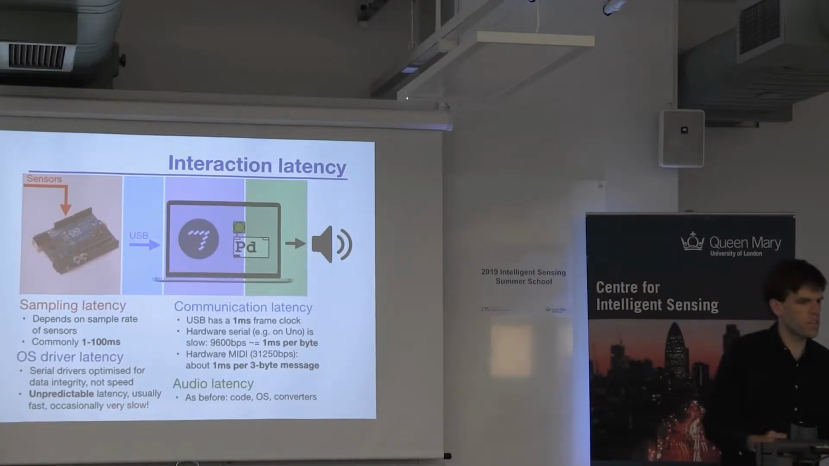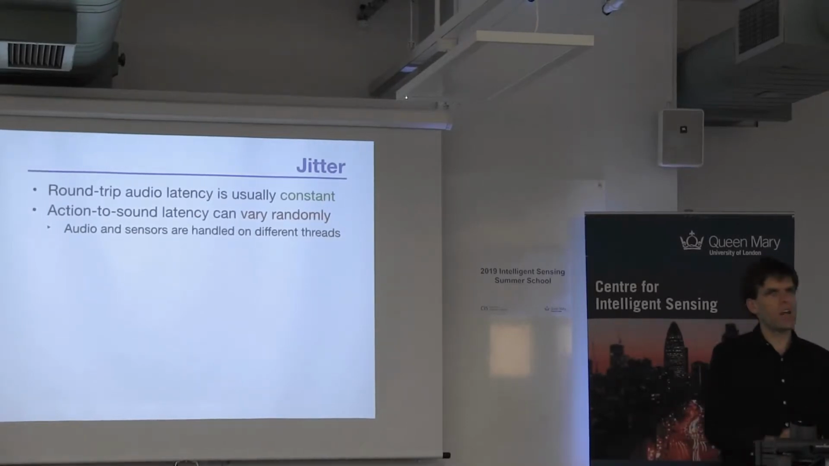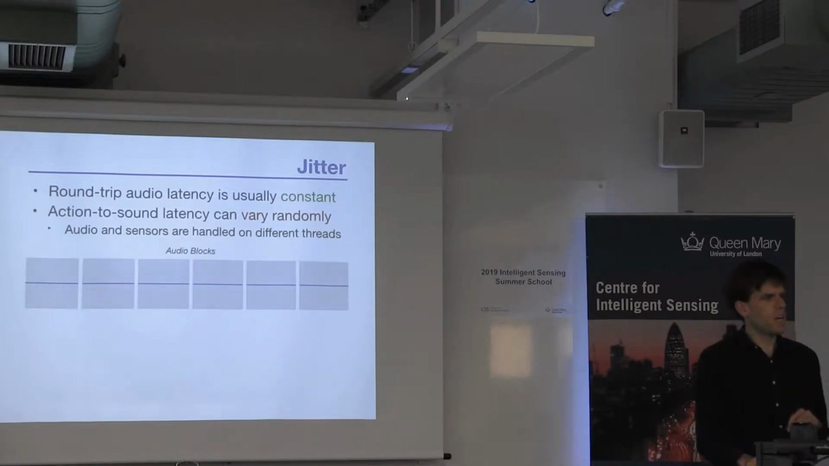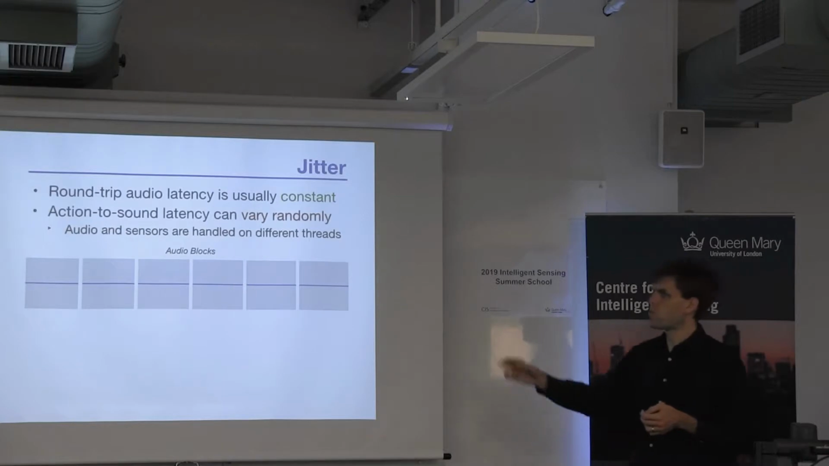So this is some of the lay of the land in terms of some of the problems that we encounter. Another problem that we will encounter is not just a static delay, but that the delay can vary randomly. This is called the jitter of the system. And just to illustrate where this might come from,